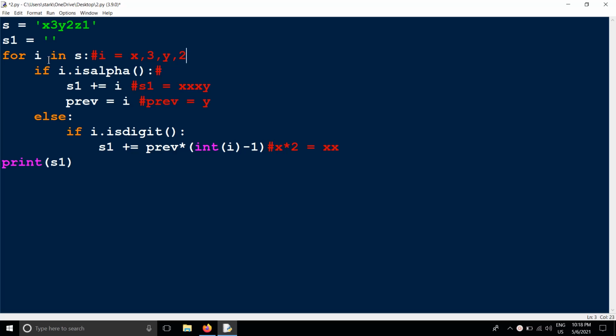And then we are checking i.isalpha, where i is equal to 2. Is 2 alphabetical? No, it's not, so it will go to the else block.